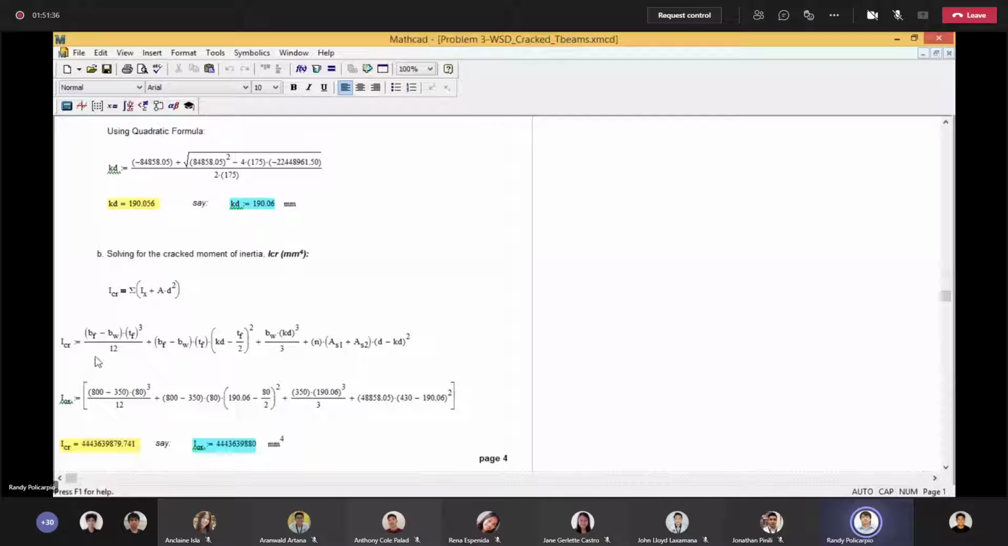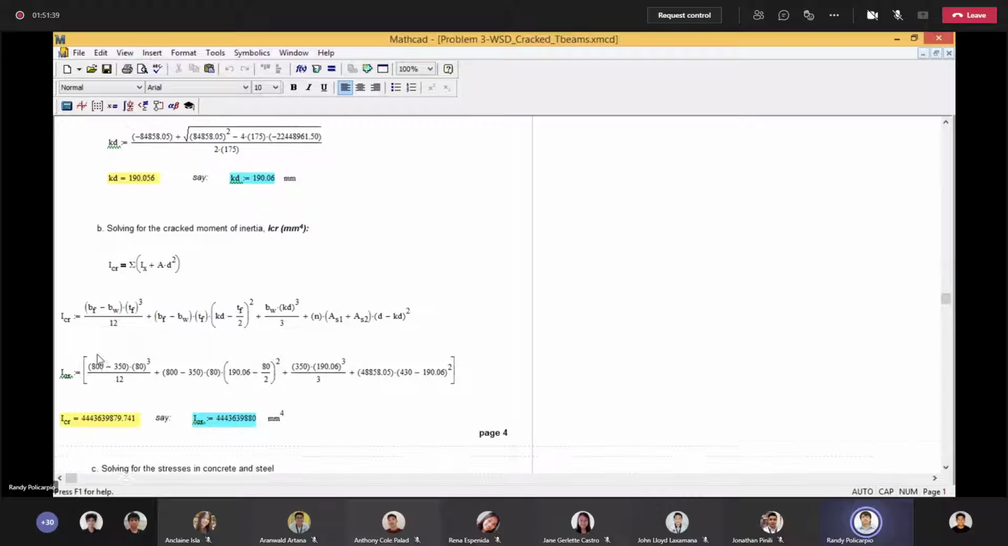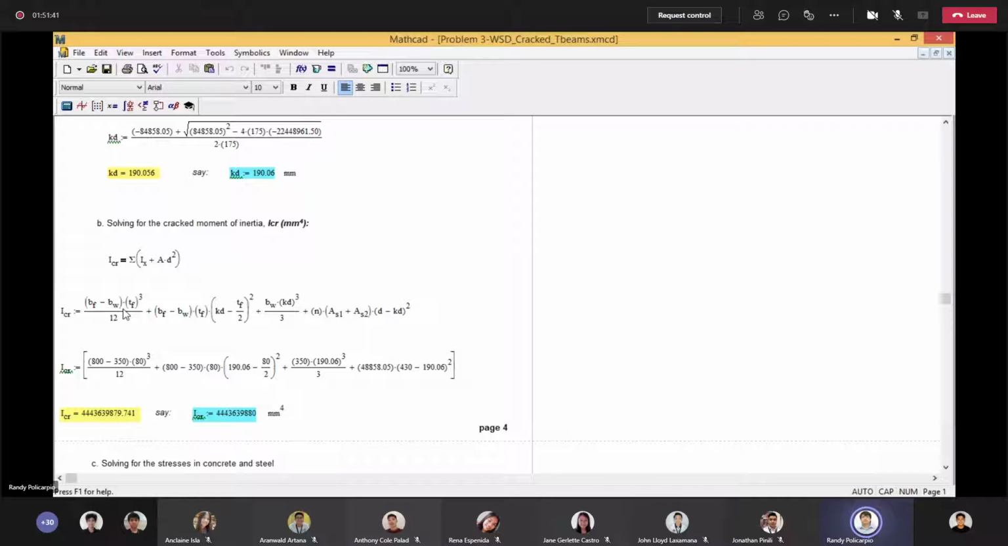Ito. So ito 'yon, no? So BF minus BW. Okay, BF minus BW is the base, no? Base nun. Yung kanyang altitude ay TF. Kaya ito yung BH cube over 12. So then plus the area, yung area nung